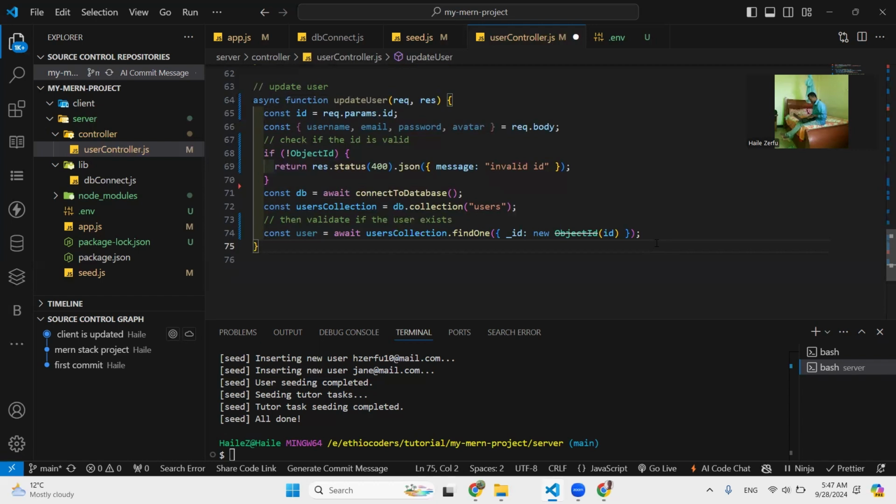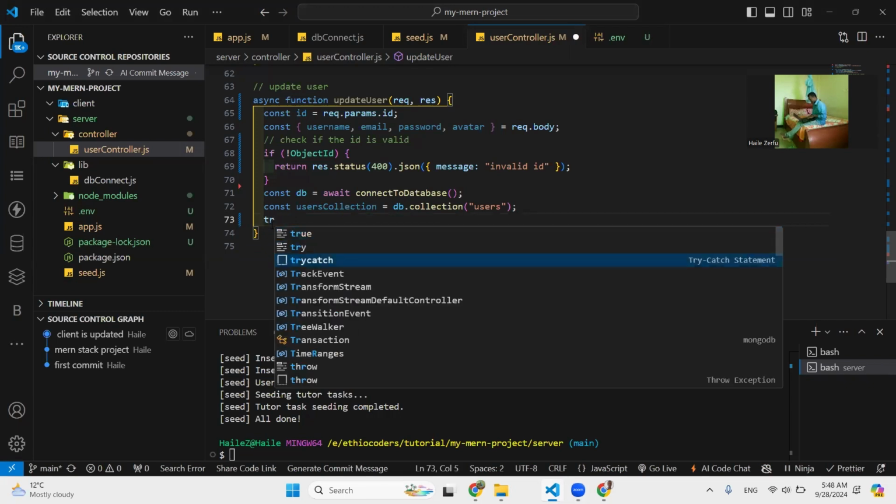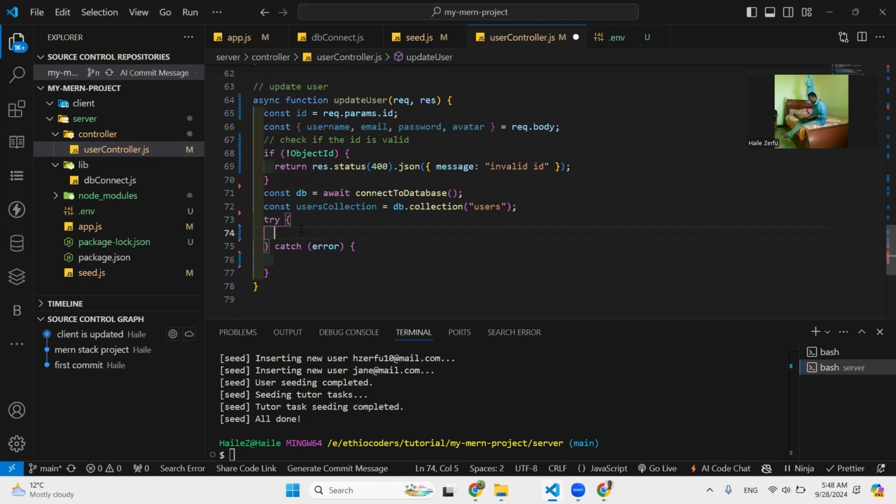But before this one, we should do first the try catch function. We should use try catch function. Inside the try catch,